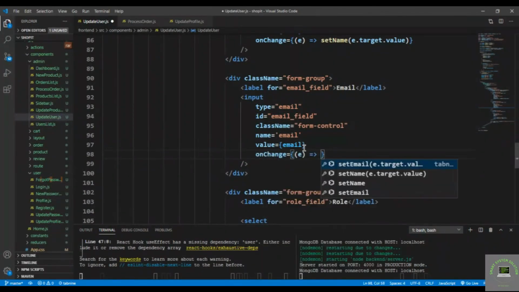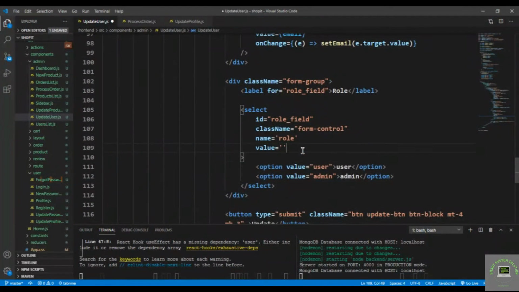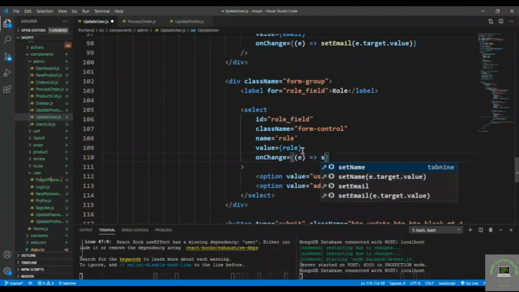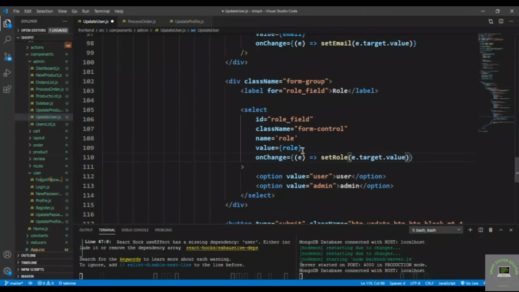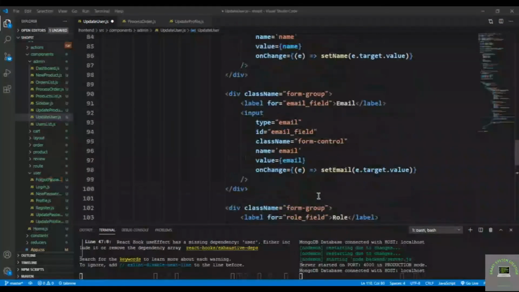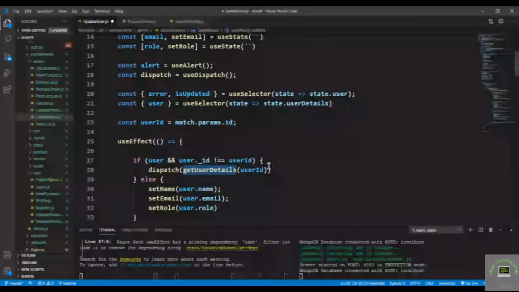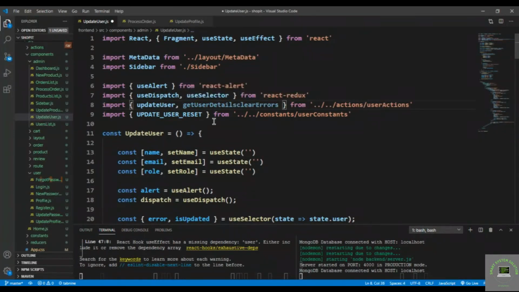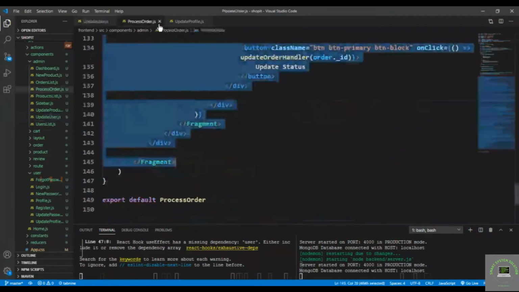So onChange, set email to e.target.value, and then the role. onChange, set role to e.target.value, and that's it. Now simply have to create this user details. Okay, this one. So let's actually also bring in from here that I'm going to create. So save it, and now if I go to the,